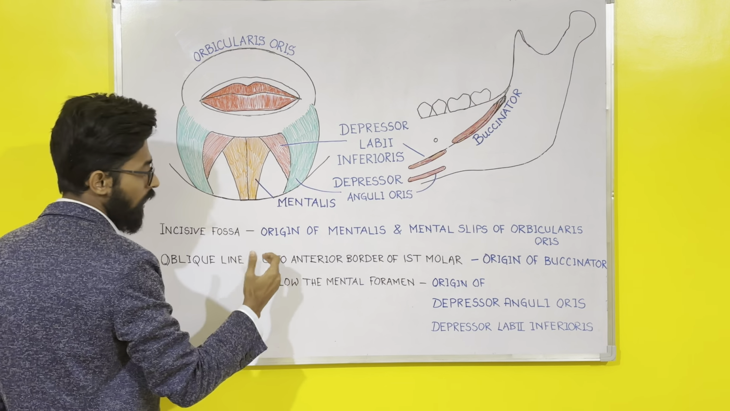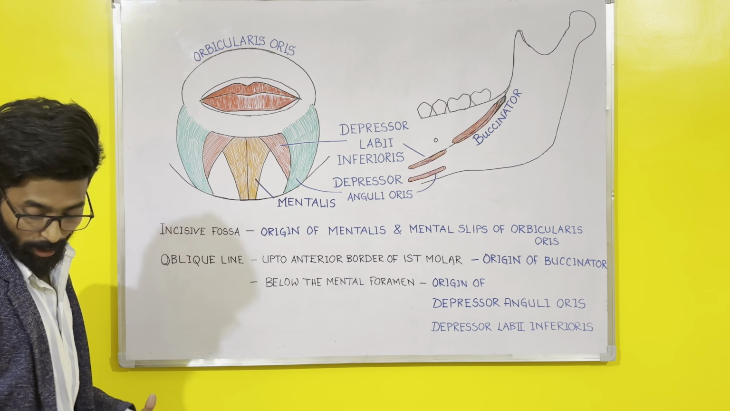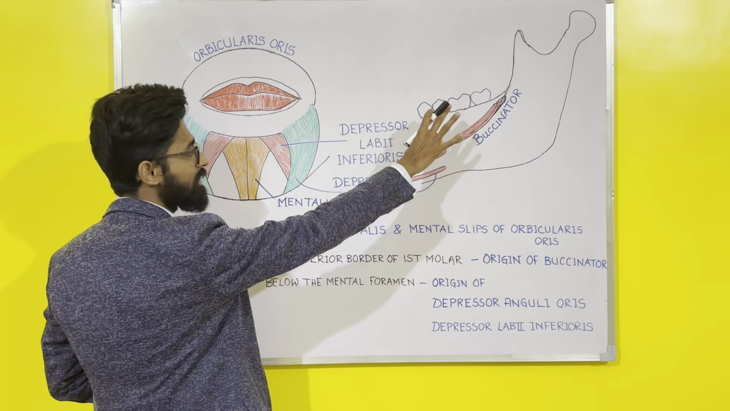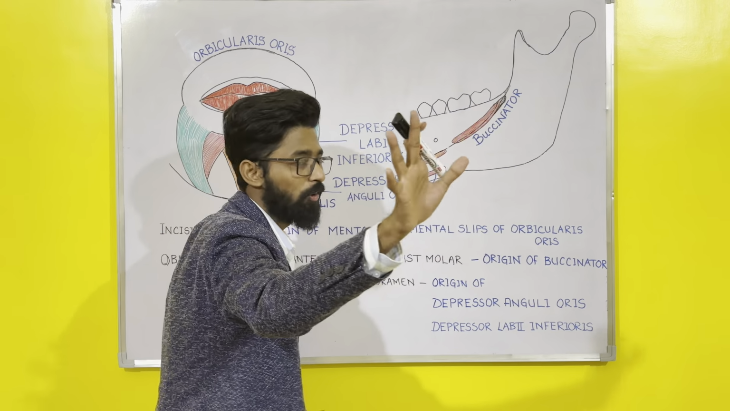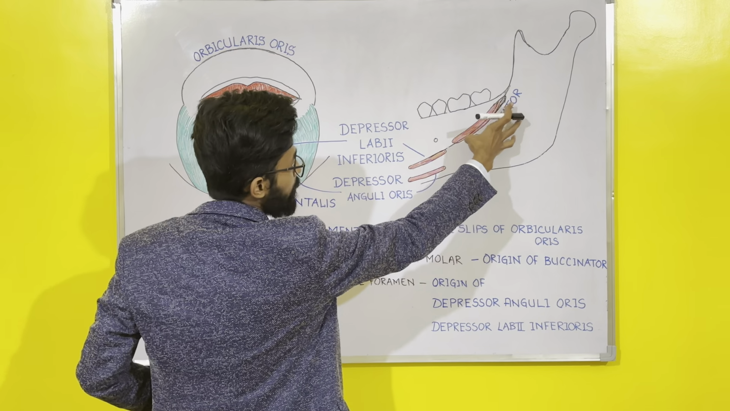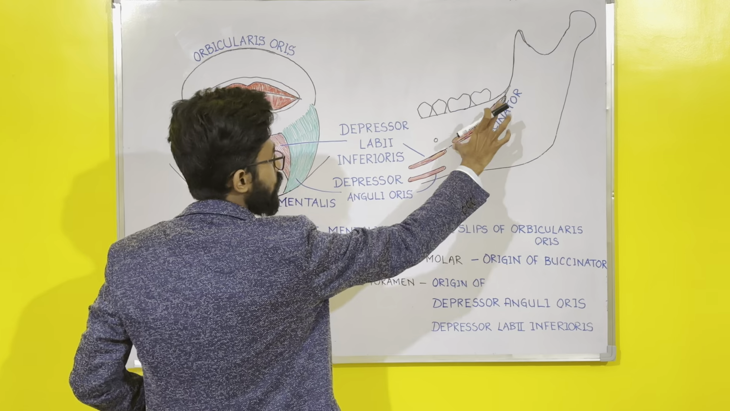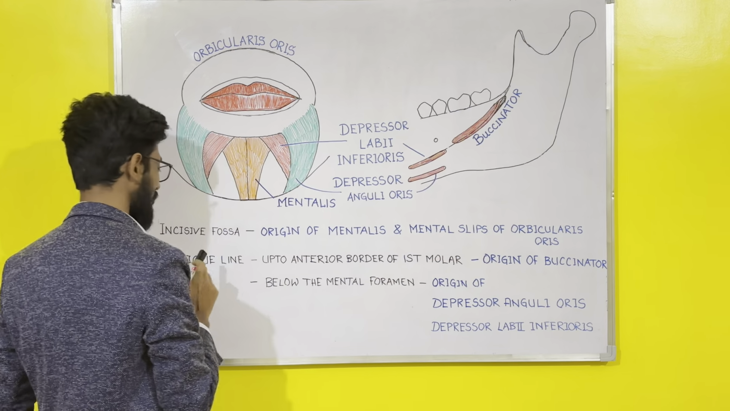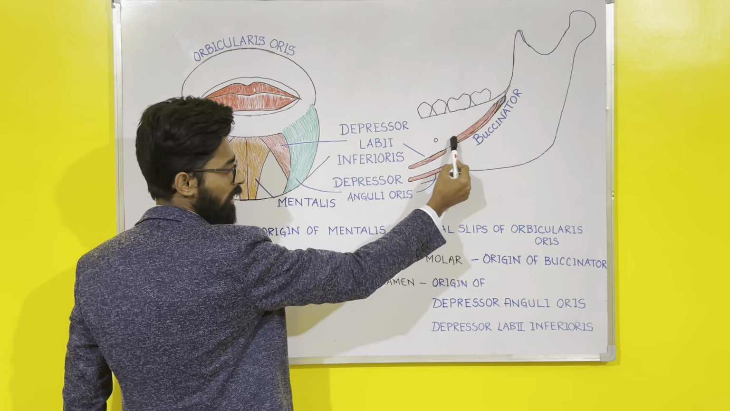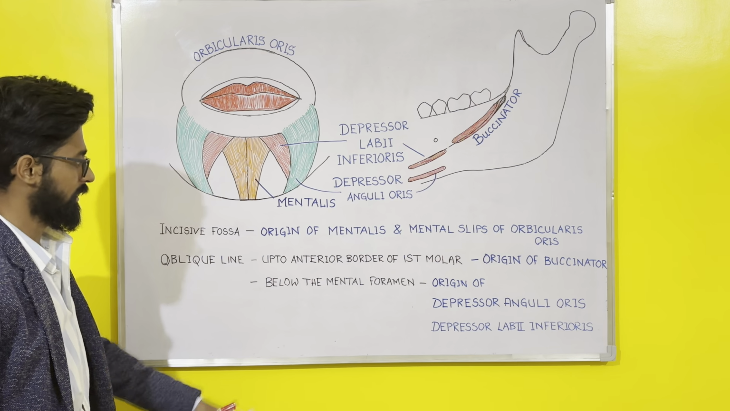Now, up to the anterior border of the first molar. For example, consider there is no third molar for now. Up to the anterior border of the first molar, the buccinator muscle originates from the oblique line. So how will we write? The oblique line up to the anterior border of the first molar gives origin to the buccinator muscle. Okay, right? Next is